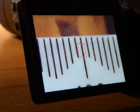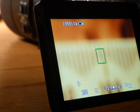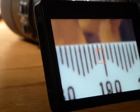Now, photos like this are probably better than I get out of the close-up lenses. I think that's probably going to be a really nice image in the sense that it's sharp and it's got lots of micro contrast and lots of detail. However, if I can't reliably focus, so there's another one, you see, just move it away a bit, and it's again not in focus. I don't really think this is usable with autofocus. Obviously, you can use manual focus,